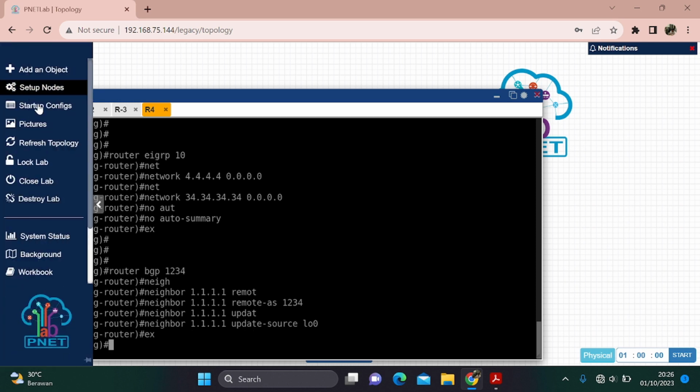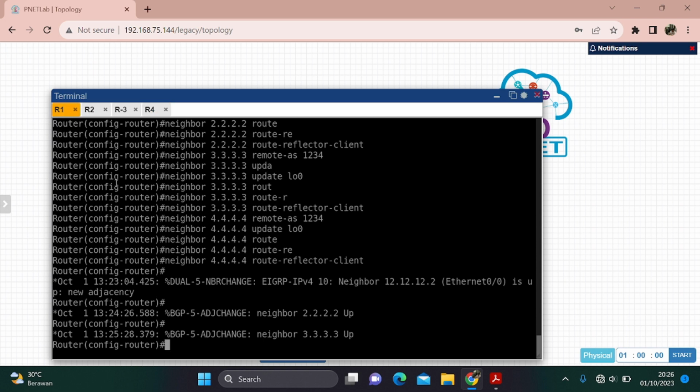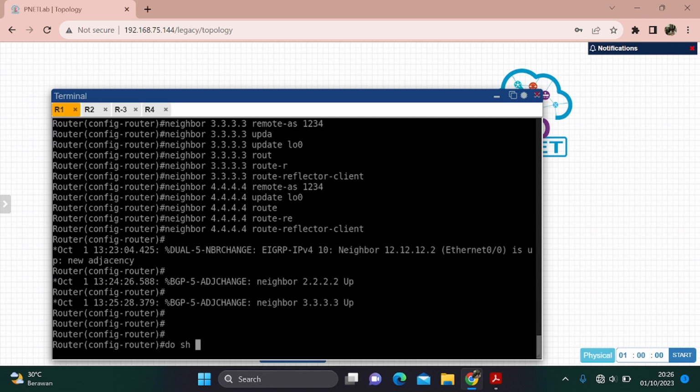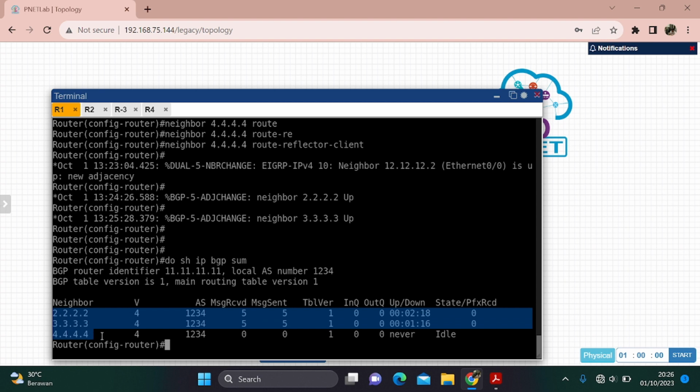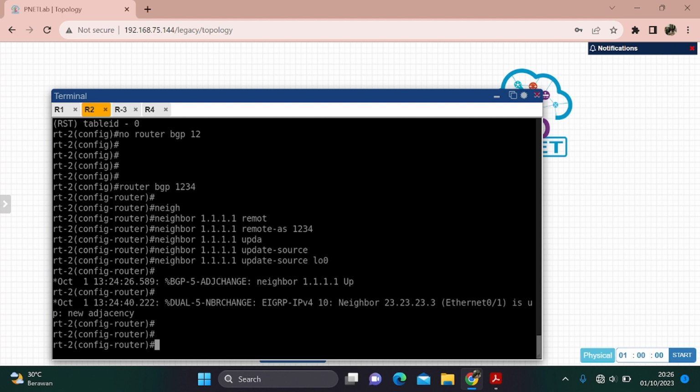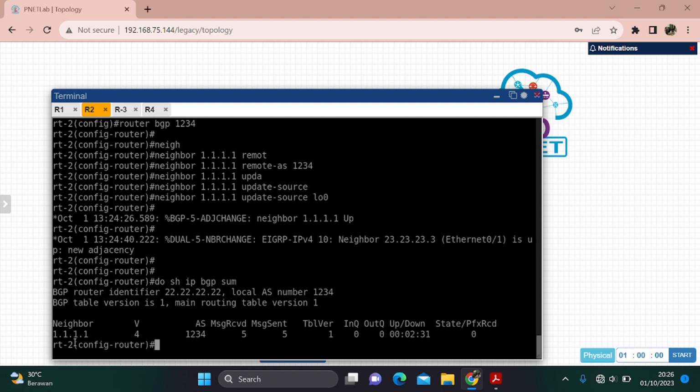And then we will check in router 1. Do show ip bgp summary. The loopbacks of 2, 3, and 4 will be added. And then in router 2 we will check neighbor 1.